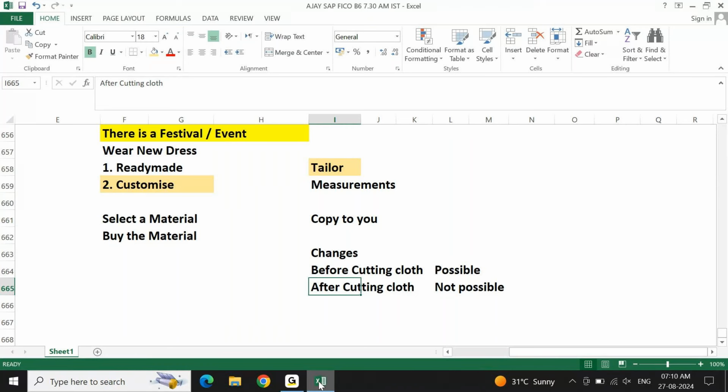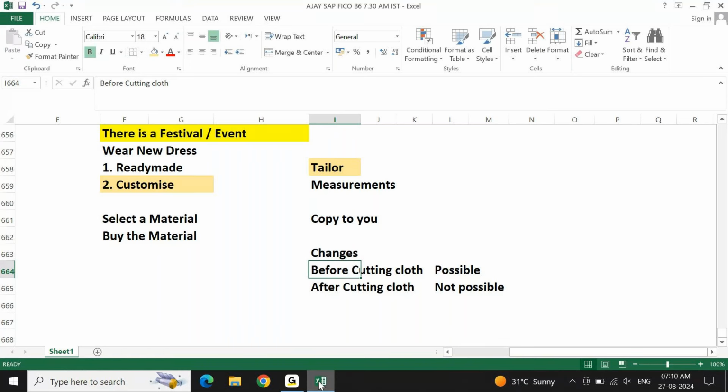You tell the tailor that today only I gave you the requirement, how come you're telling me it's not possible? Because he is smarter. He already started cutting the cloth and all. Meaning sometimes doing immediately will also put you in trouble. Sometimes working late also will put you in trouble. Agree? You should know how to work.